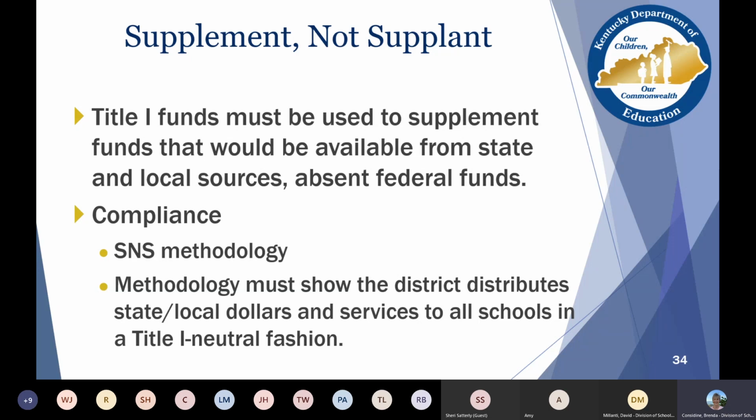They wanted to look at compliance. So they wanted schools and districts to have a methodology about how they're going to supplement federal program funding while not supplanting it. And that methodology must show that the district distributes state and local dollars and services to all schools in a Title I neutral fashion.